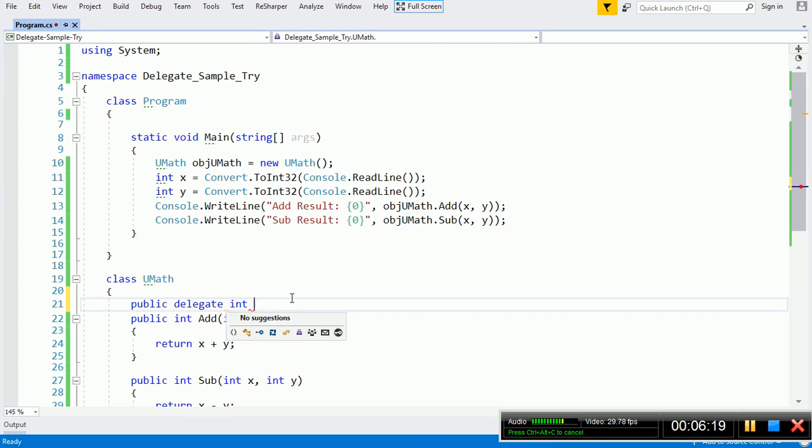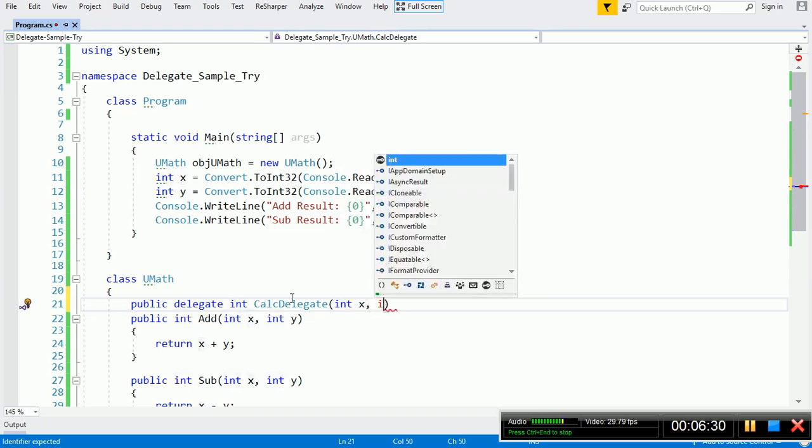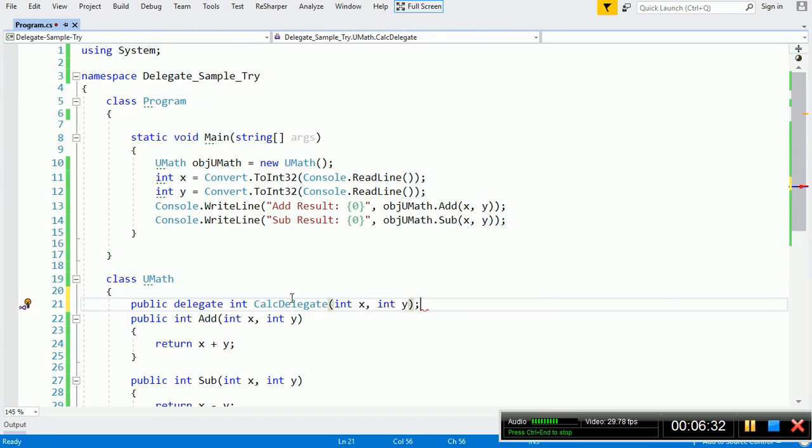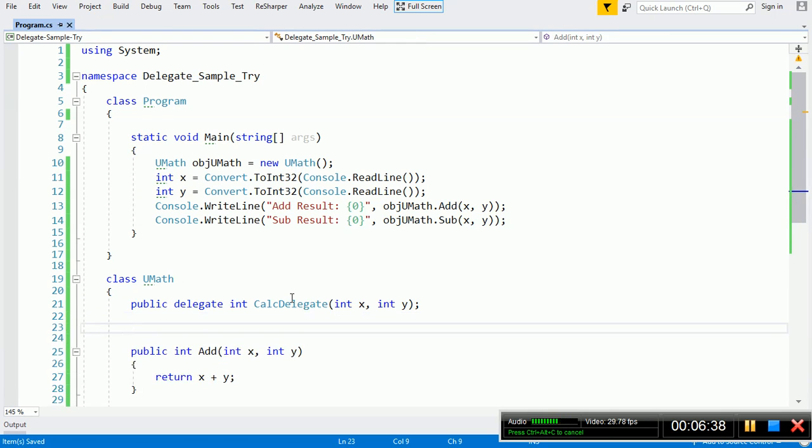So int as the return type, and I will keep the name as generic calc delegate, int x comma int y, and then I will keep another function.